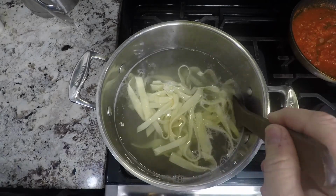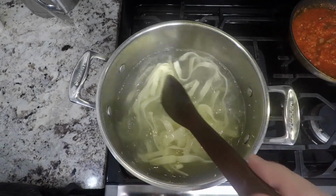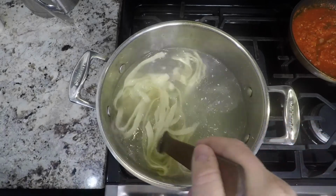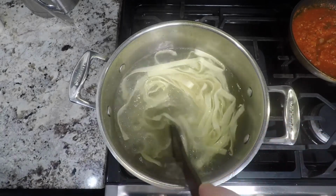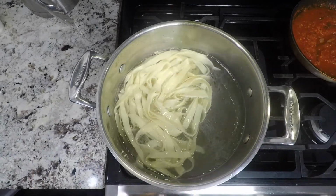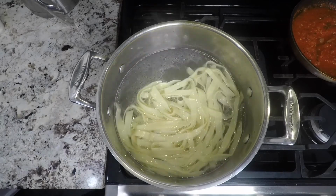Some people think that you put the oil on top of the water when cooking pasta to keep the foam down and to keep it from foaming over and making a mess. That isn't what causes that. What causes that is the ratio of pasta to water. If you're using a dry